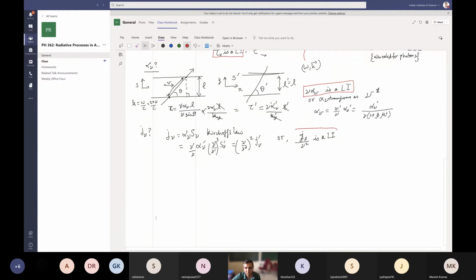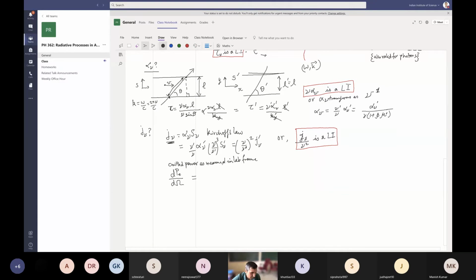Right, so these are the various ways in which quantities in the radiative transfer equations transform, and we can also write J nu in the classical form. If we recall, we had dP emitted by d omega. This is the formula that we derived for the emitted power as measured in the lab. We showed that this actually equals